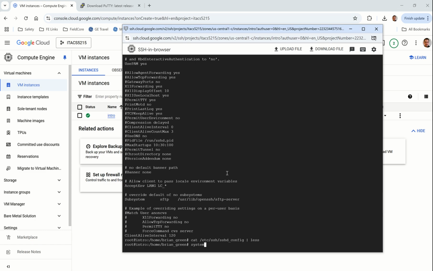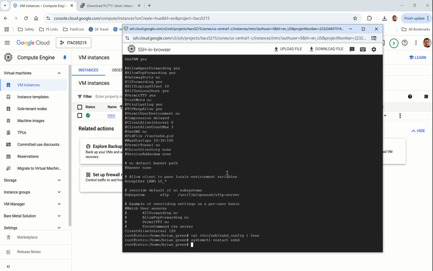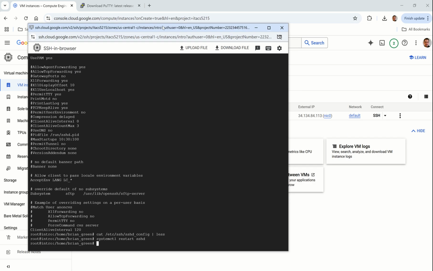To do that, you're going to use the systemctl command. So systemctl is the command to restart services in Linux, and then we're going to use restart, and the name of the service is sshd. So that restarts the service. All right, so now